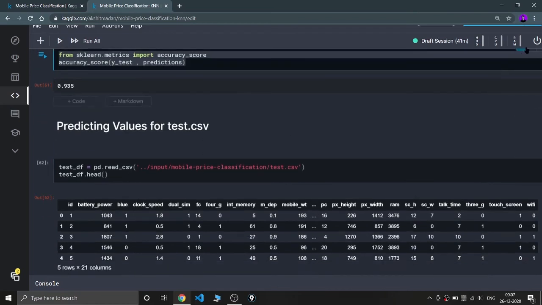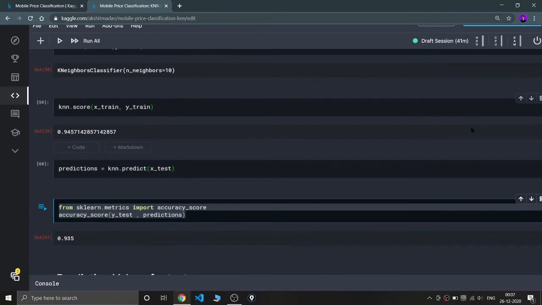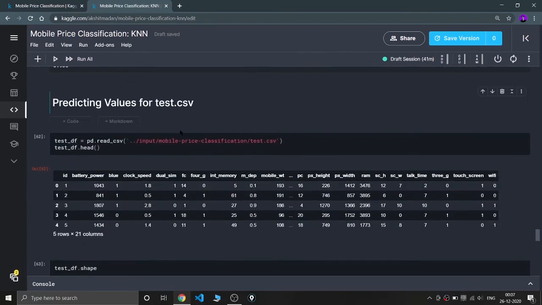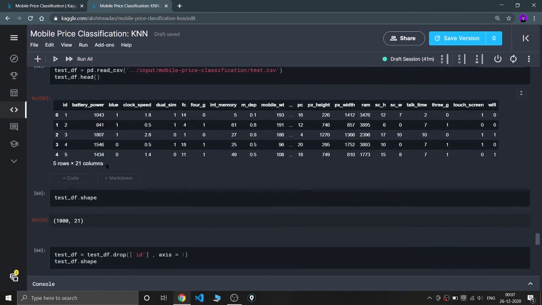As I have told earlier, we are given two files. First of all, we took the train.csv. Now we have test.csv, right? In test.csv, as you can see, the price range column is not there, right? We have to add that. So this is the head part. Now the shape part, as you can see, 21 columns are there, but because this file is having an id column, we have to remove it, because as you can see,